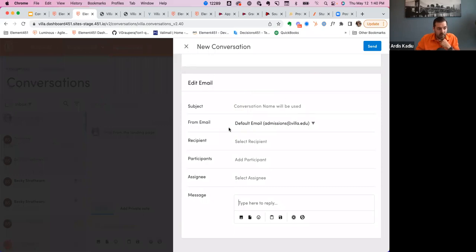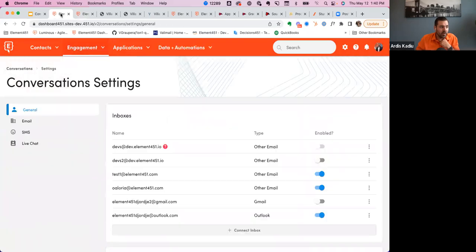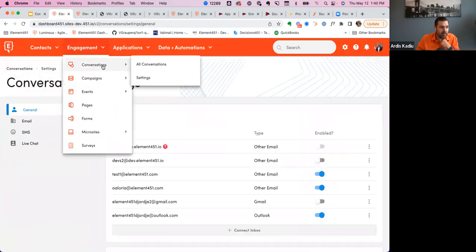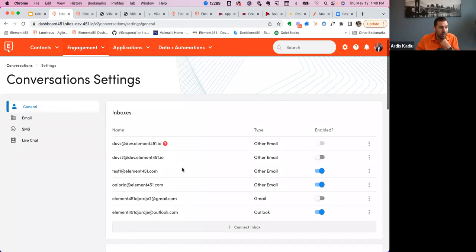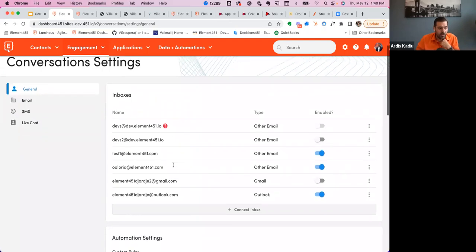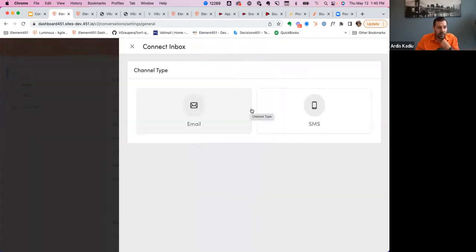So that's how you pick your inboxes, but the way that you would create those inboxes is a little bit different. You have to go to settings, and now under General, you have Inboxes. There are different types of inboxes, and what you're seeing here is that I can create an inbox and I can pick email or SMS.